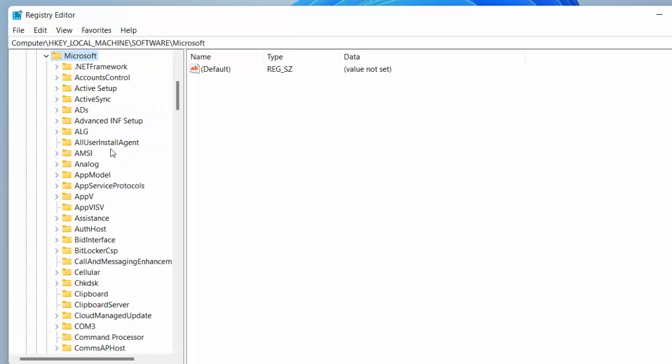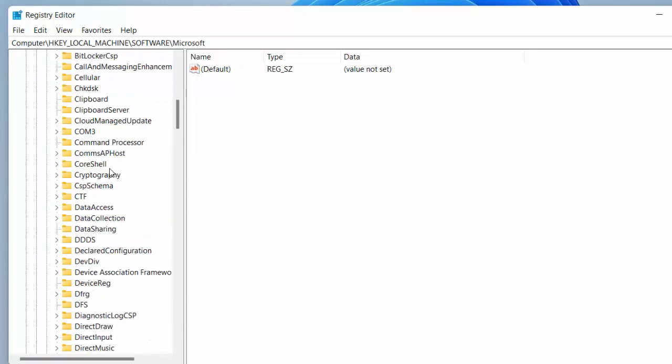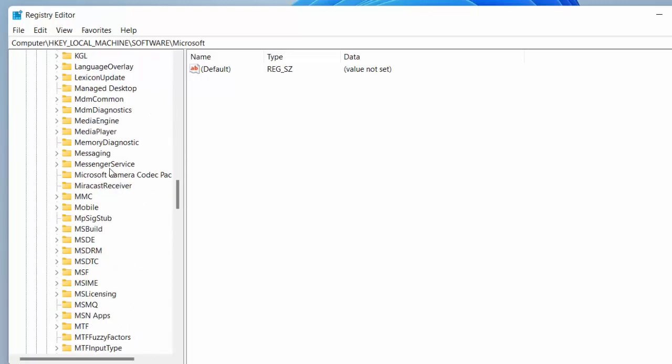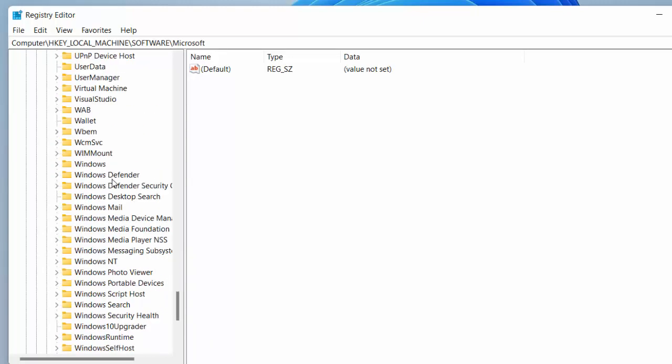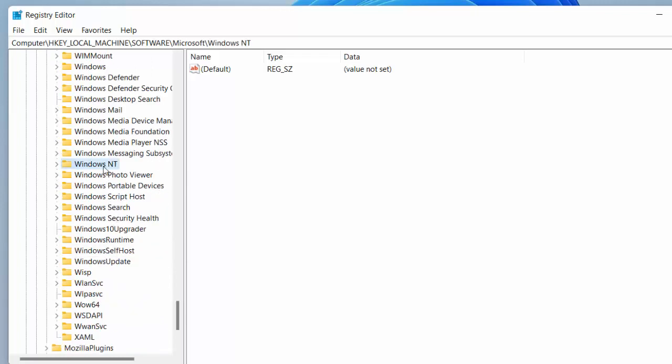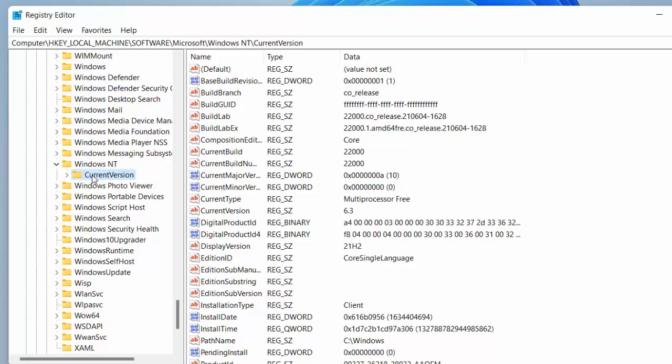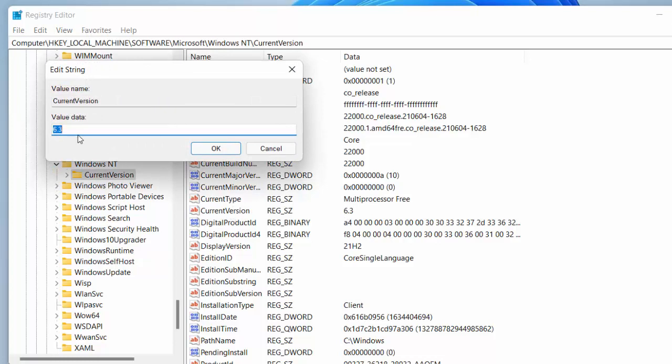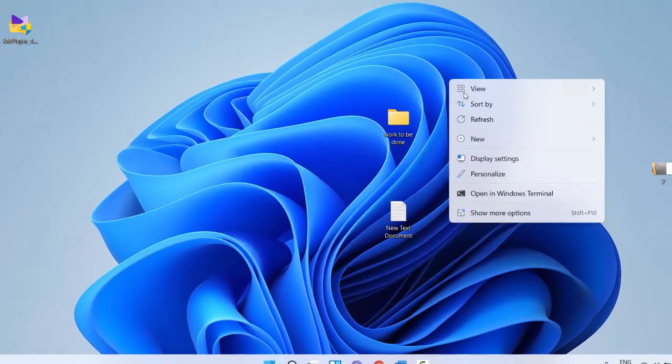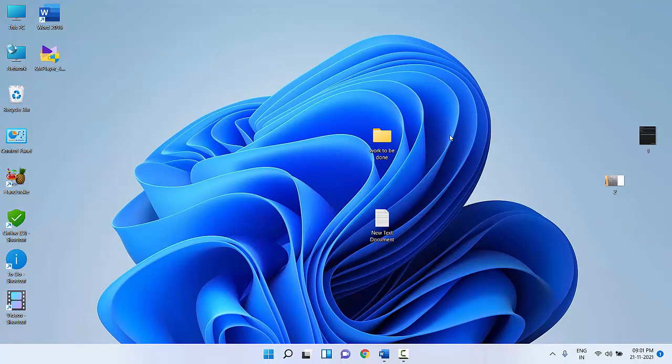Under the Microsoft, select Windows NT. It should be at the bottom. Extend the Windows NT folder and then click on CurrentVersion, and in the right panel you can see CurrentVersion, 6.3. Just double click on it and the value should be 6.2. So just make it 6.2 and click OK and close it, and after this reboot your PC and try to connect your Bluetooth. So hopefully this will fix the problem.